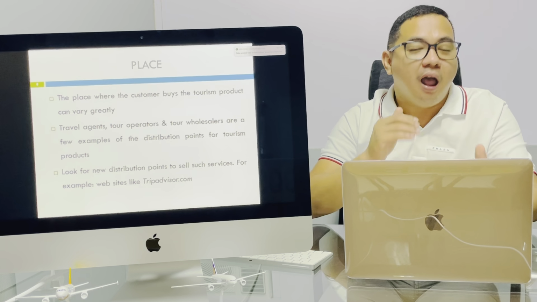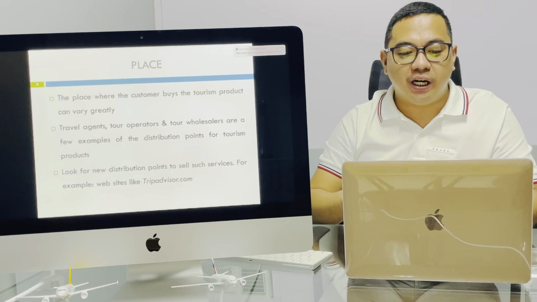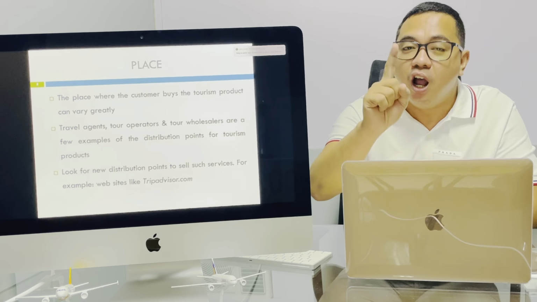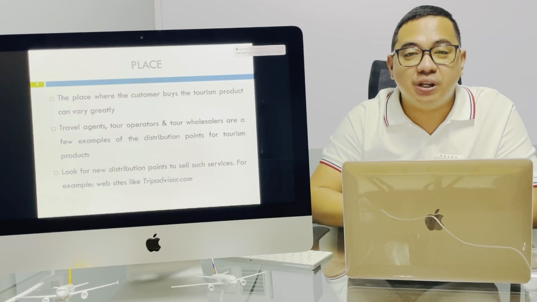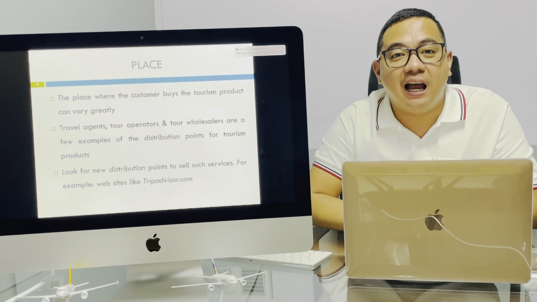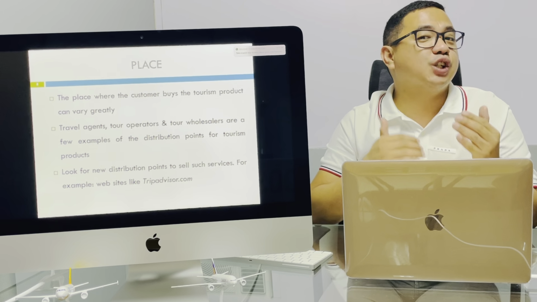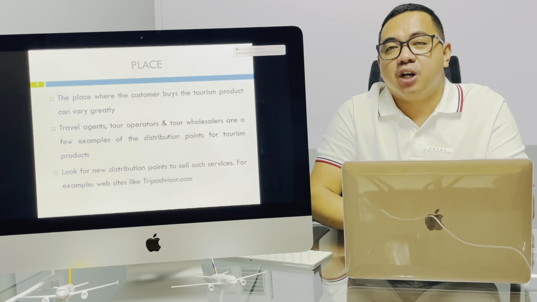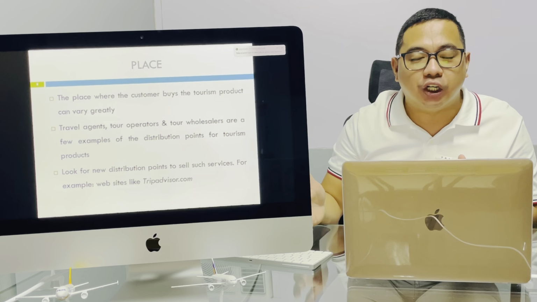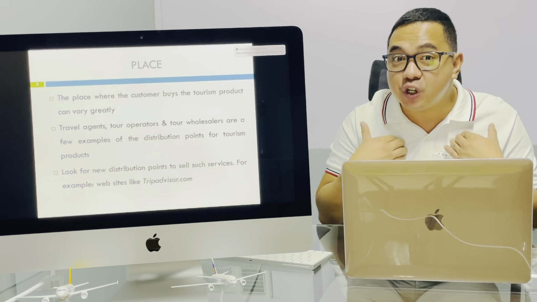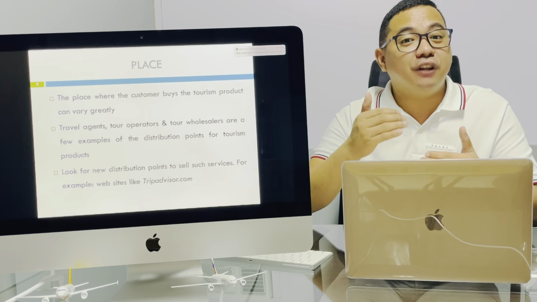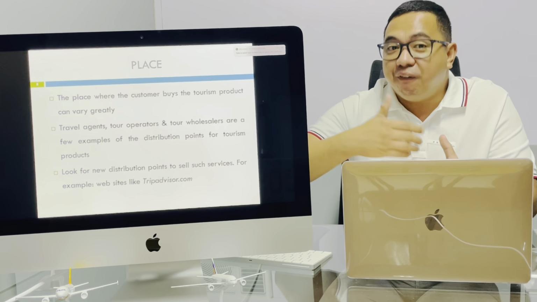Okay? So, we are considered as distribution points for tourism products, aring mga travel agents. There is also one, ginabutang mo ya sa TripAdvisor, but I believe nga sa website daan, wala ikaw sang actual interaction with the seller. So, when you ask, daw hindi ka nila masabat, but I'm not saying that it's not good. I'm only saying that, on my personal opinion, mas maayo magbakal sa product if there is an actual interaction. That before you pay for it,